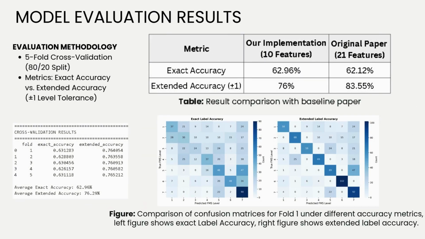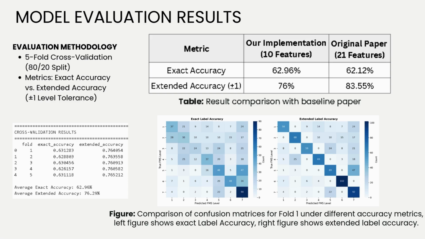As I discussed earlier, to evaluate the trained Bayesian network, I use 5-fold cross validation. As we can see in the top right, my exact accuracy is 62.96%, which is pretty similar to the original paper's 62.12%. Even though I use only 10 features compared to their 21, this proves my feature selection was highly effective. And for extended accuracy, which accepts being off by just one level, I achieve 76%, while this is